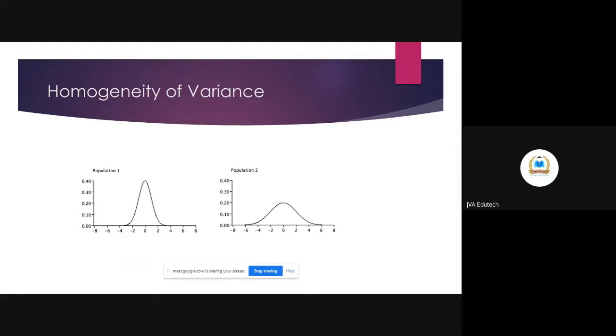Or let's not take the example of male and female. Students' understanding of statistics after my class. Now, this class that I'm giving to them is the treatment. What is its effect on first year students? Or let's say a student from a mathematical background and a student from a non-mathematical background.